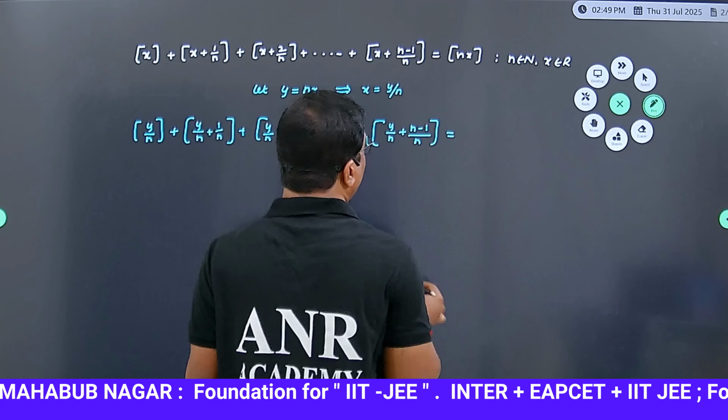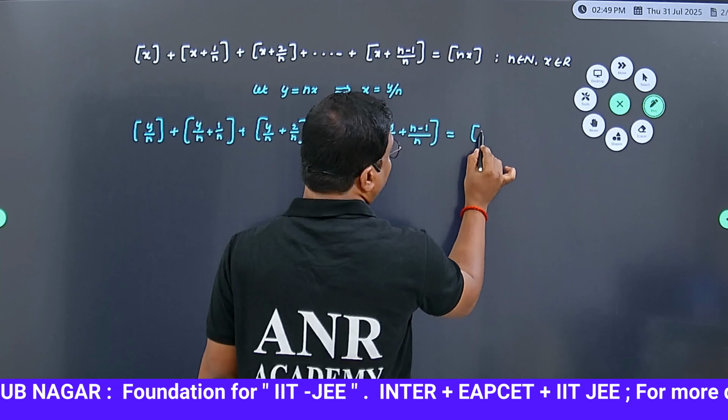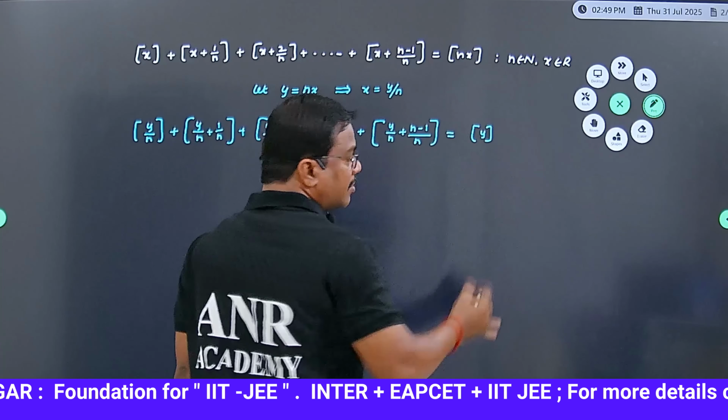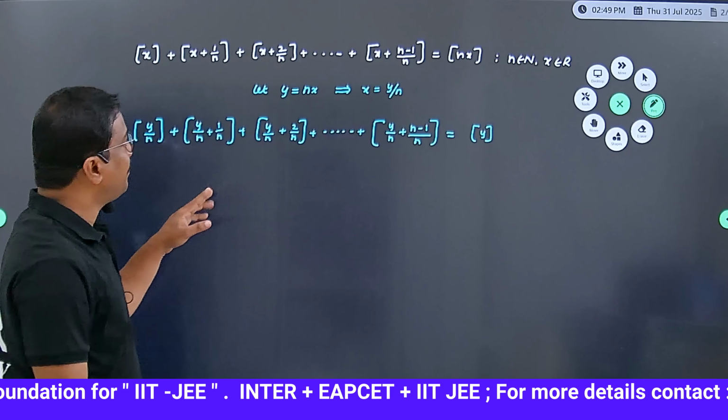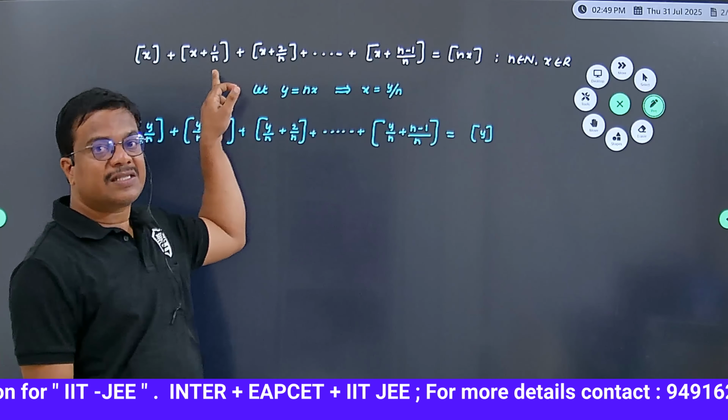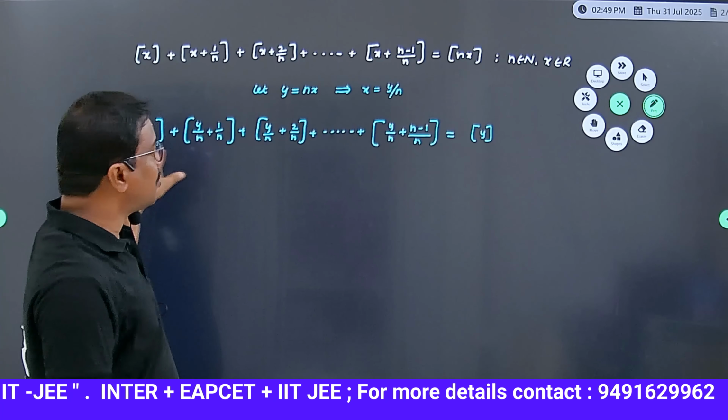That should be floor of y. Just by substitution, the given statement changes to this form,